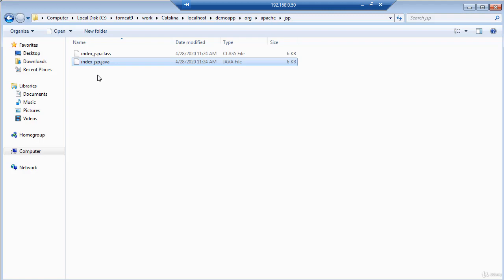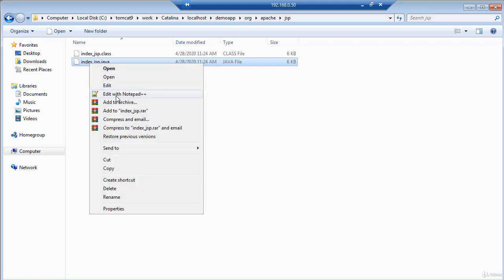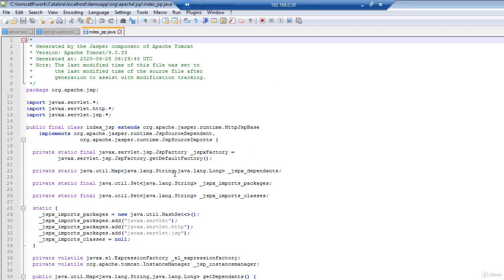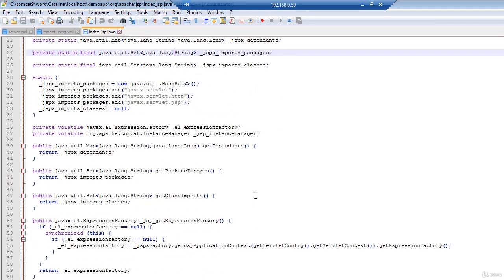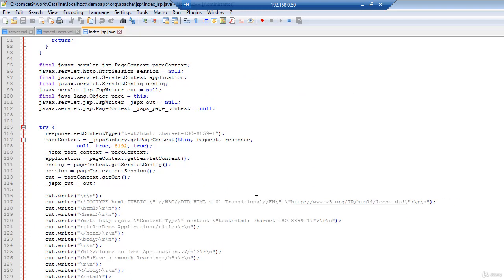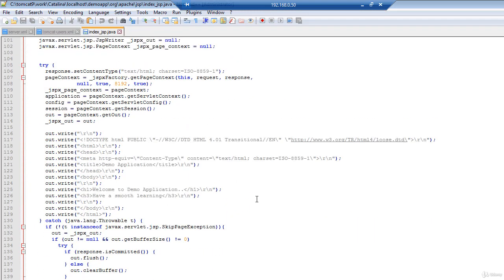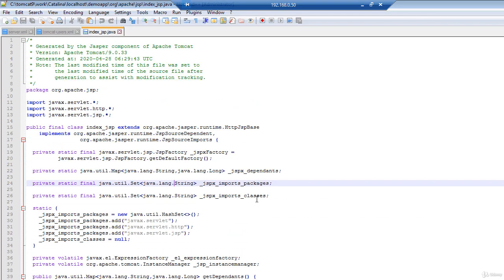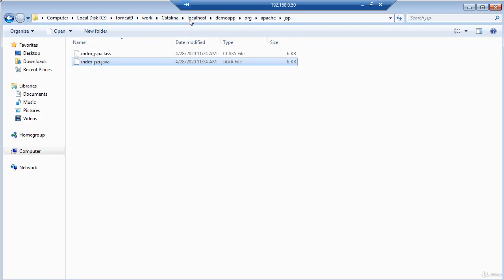So whenever we have a JSP, it is first translated into a servlet and then the container executes this servlet and provides the response in the form of HTML to the end user. If you open this inside any editor, you can notice that our JSP is first translated into a servlet. So this is all servlet code, which is part of this translation. So translation happens into